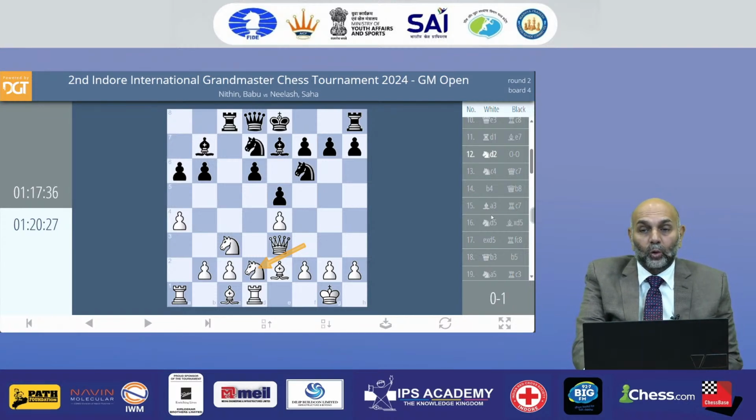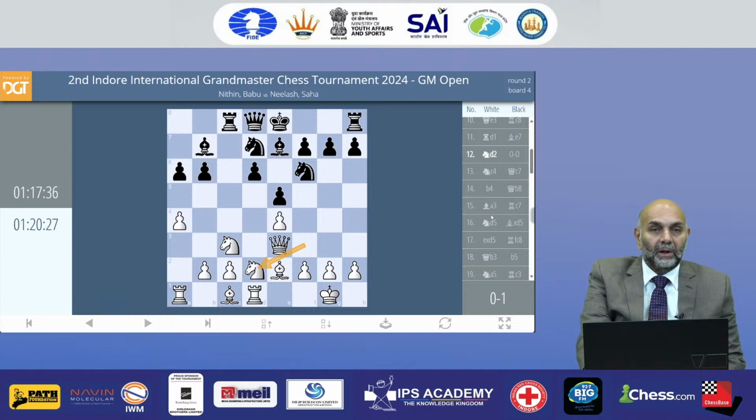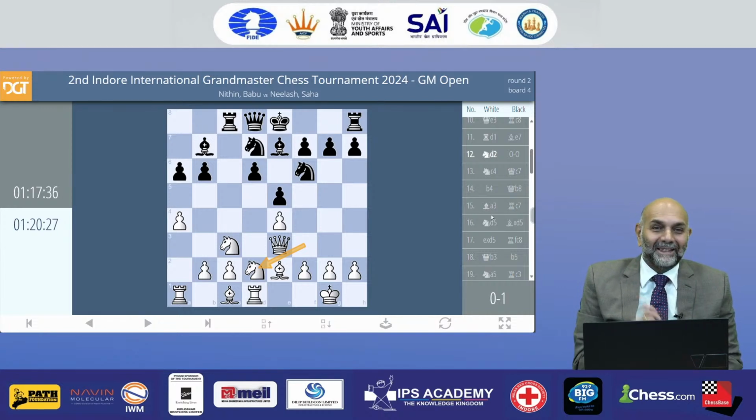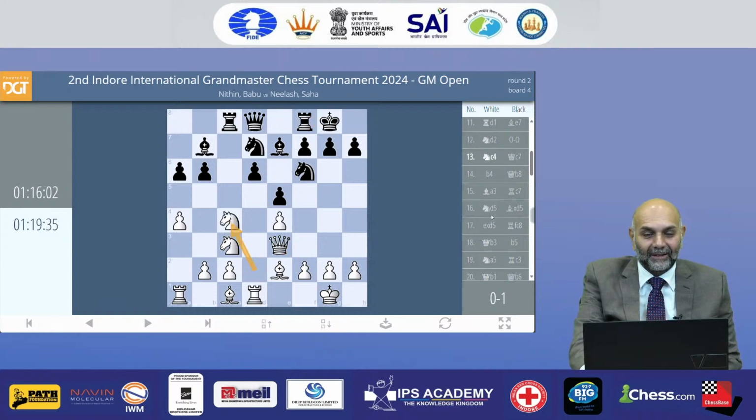I'm sure this is a known position and players knew this position. If I was to play over the board, I might have played knight h4 here, but since top players have played this, I'm not aware of this particular position. I would still, for a blitz game or a bullet game, go with knight h4, and I think it could be very interesting. Castles, knight c4. More or less strategic trade.